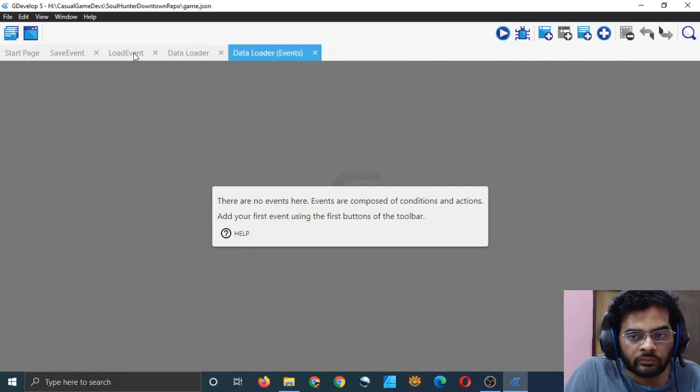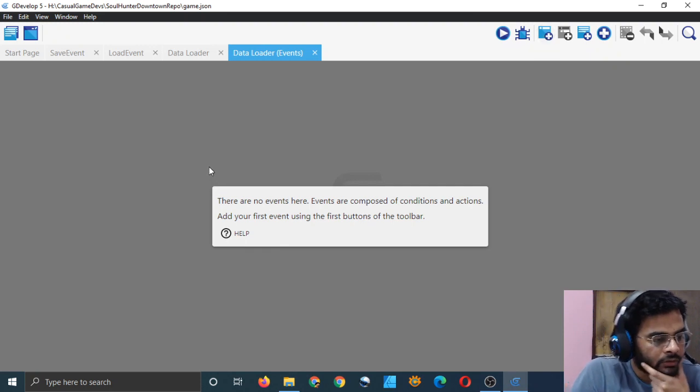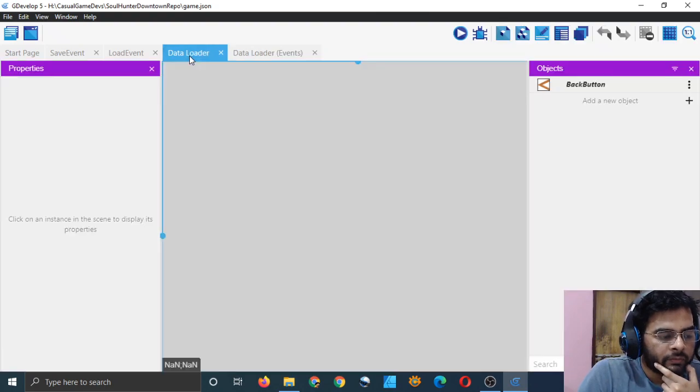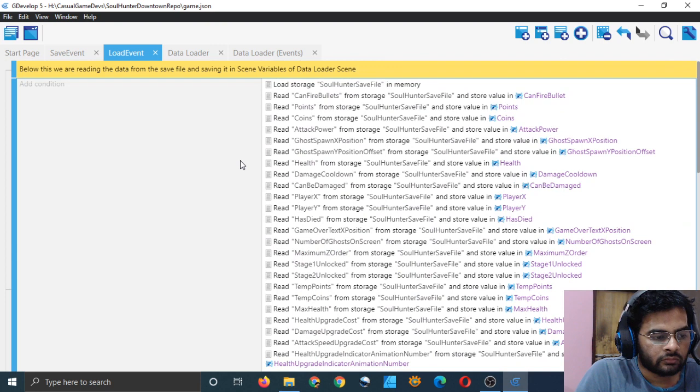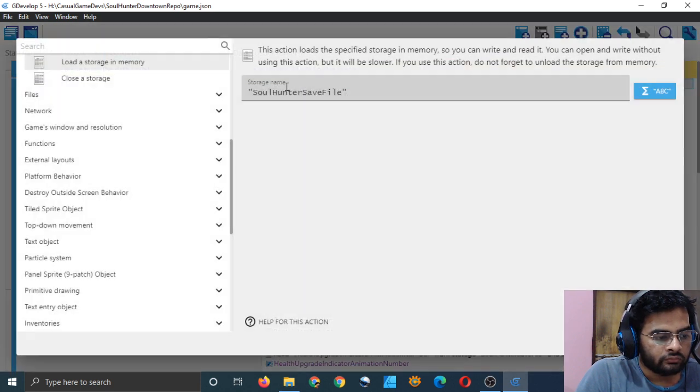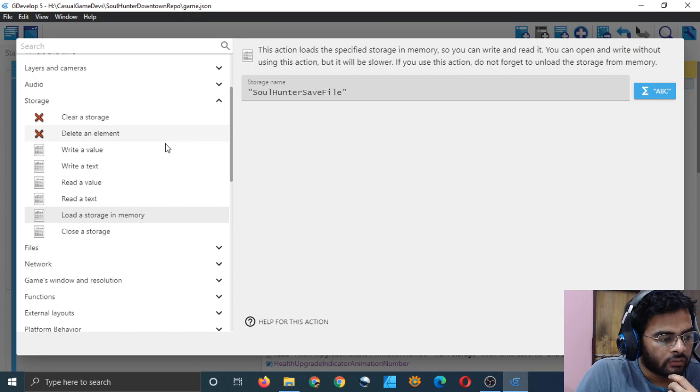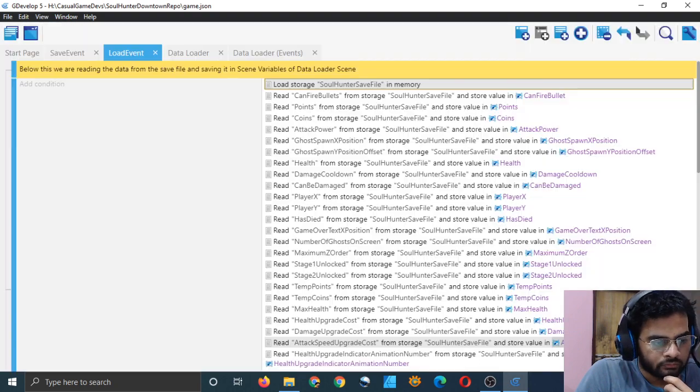So that we load our game. And let me add a new empty event. But wait, if data does not exist, then it should not load, right? What will you do? Can I check whether something exists or not?